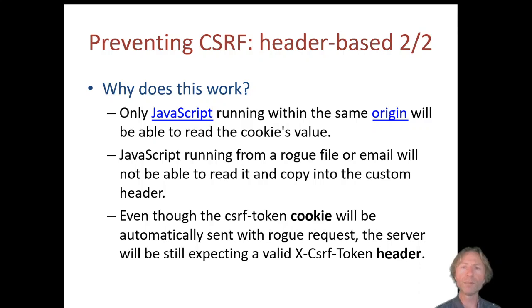Okay. So JavaScript running from a rogue file or email will not be able to access this cookie and copy that into this extra CSRF header. Okay. So the CSRF token cookie will still be sent to the server, but that is not used to validate the request. It's actually this CSRF token header that will be used. Okay. That's how we stop cross-site request